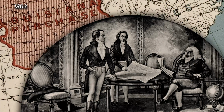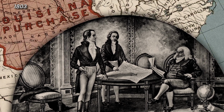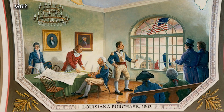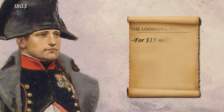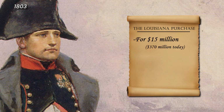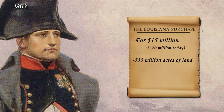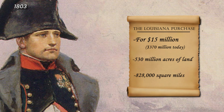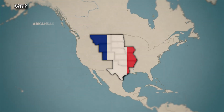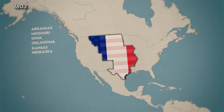In 1803, the United States struck a deal with Napoleon Bonaparte. Yeah, that Napoleon, the short French guy who tried to conquer Europe, the Louisiana Purchase. For $15 million, or about $370 million today, Napoleon handed over 530 million acres of land, territory that now spans 828,000 square miles. The deal included the entirety of Arkansas, Missouri, Iowa, Oklahoma, Kansas, and Nebraska,